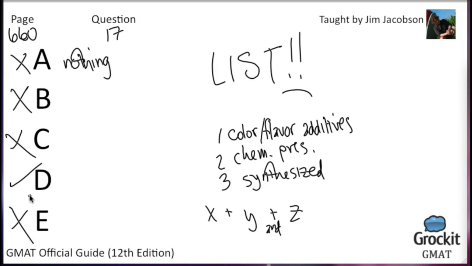That sounds like what we would want the sentence to say, because we're talking about things that have been added to the food. Do note that choice E, if it had said or, that actually E would have been more concise and more correct. So if it said do not contain color or flavor additives, chemical preservatives, or anything synthesized, that would have been even better and more concise. So the correct answer on the GMAT is not always the best possible way to write a sentence, and